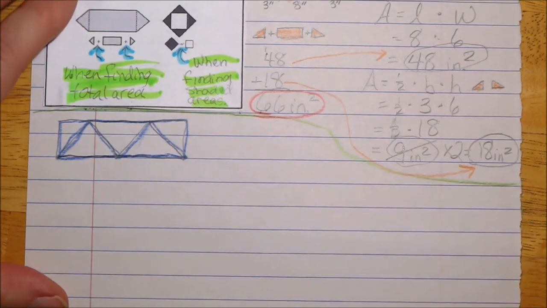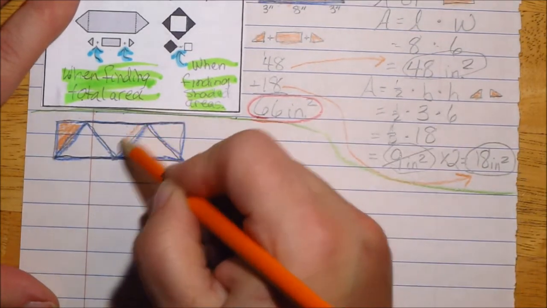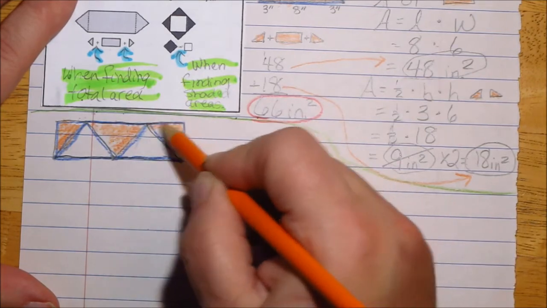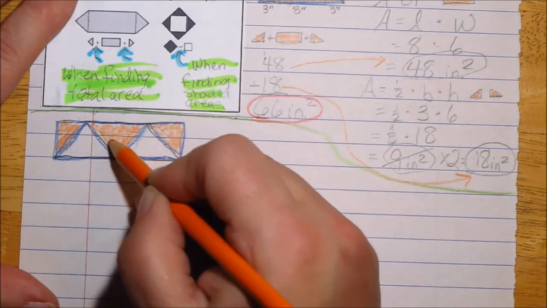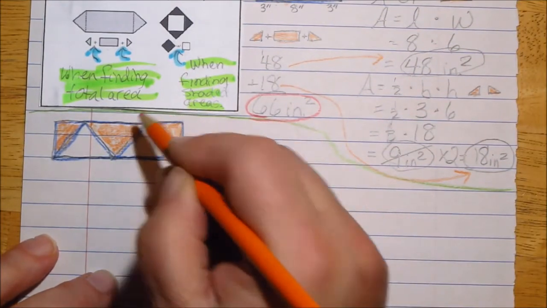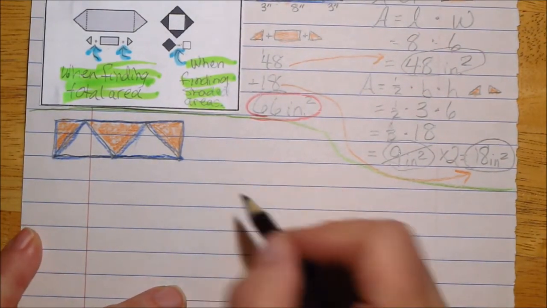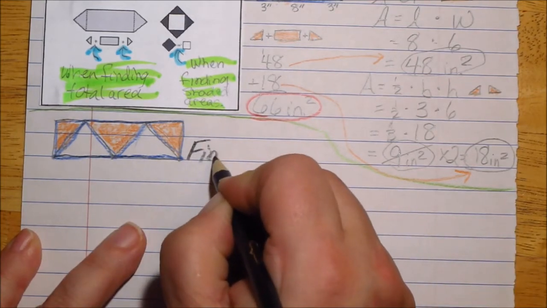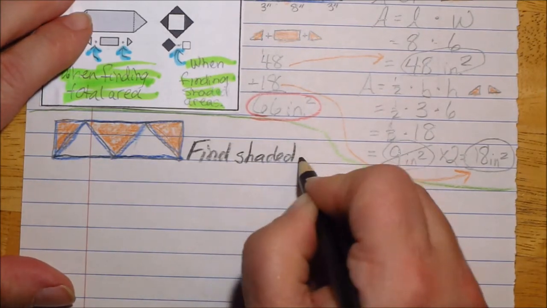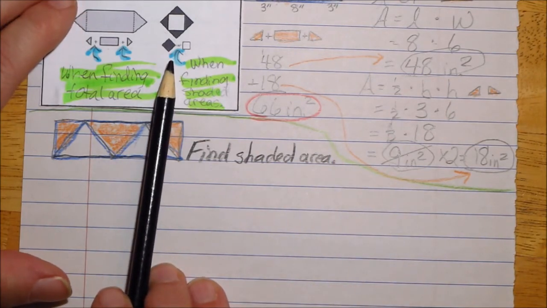Okay, and then the shaded area is going to be this area in here. So I need to find the area of just the shaded area of this composite figure. So I better get my black pencil and write that down. Find shaded area. And remember, when we talked up here, when we're doing find the shaded area,